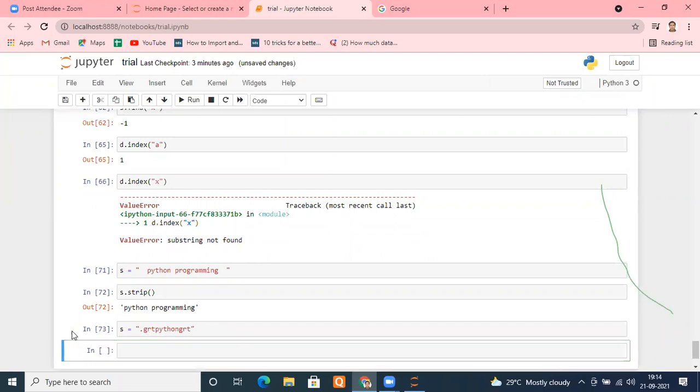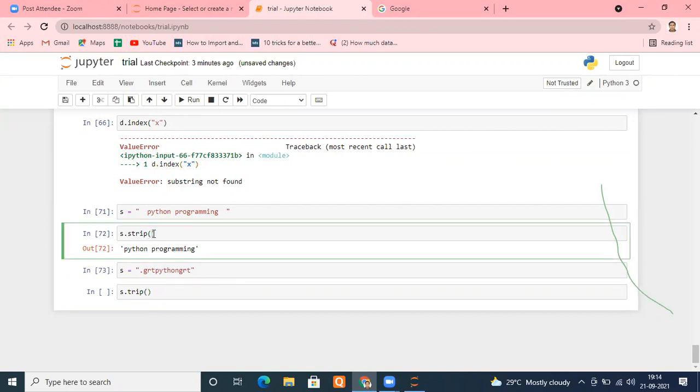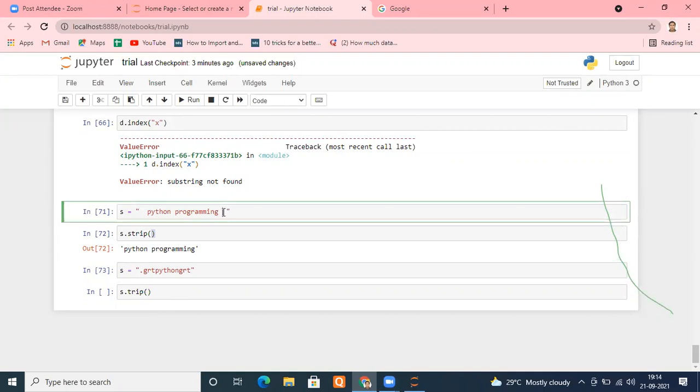After this string creation, I can write s.strip. If you want to remove any character, understand this: by default, if you are not specifying anything, it takes a space, so all the leading and ending spaces will be removed.